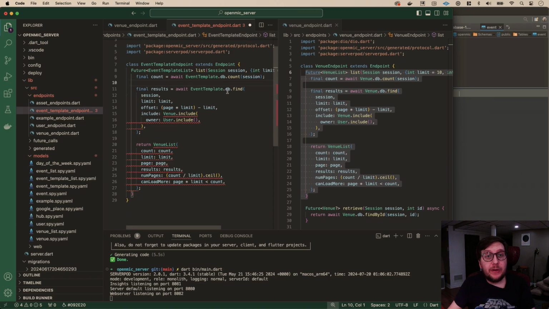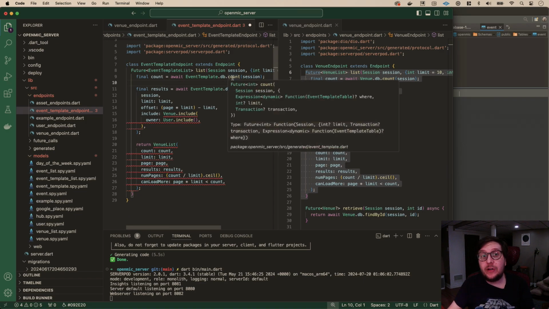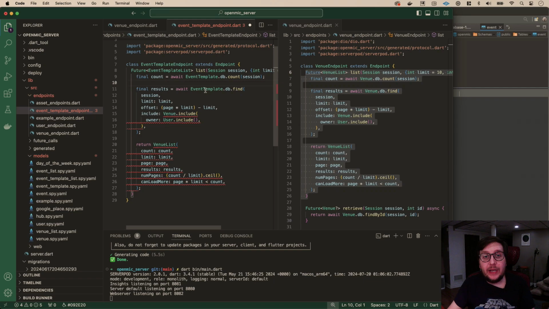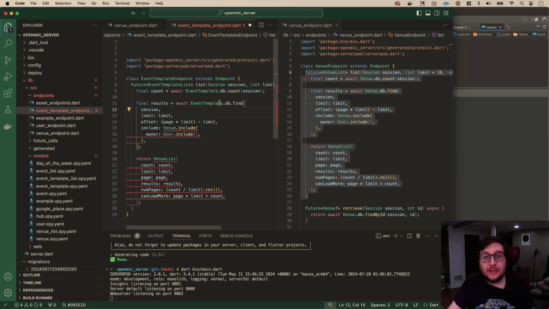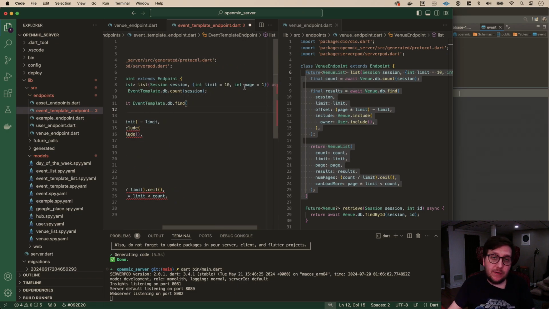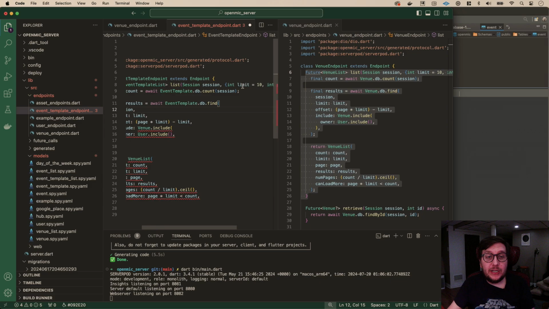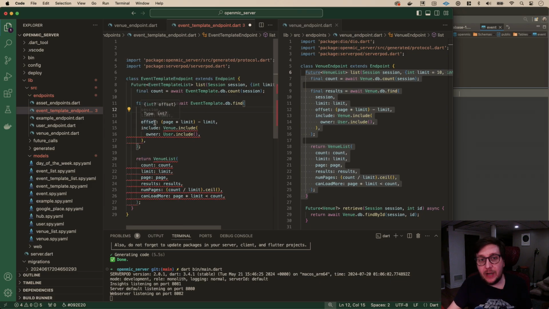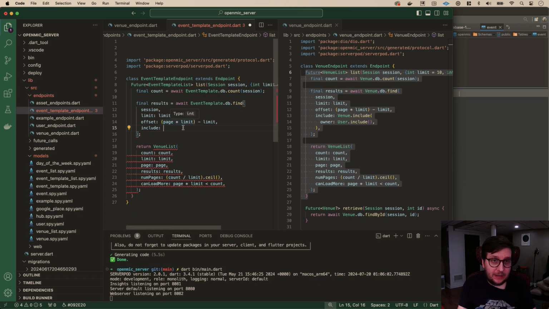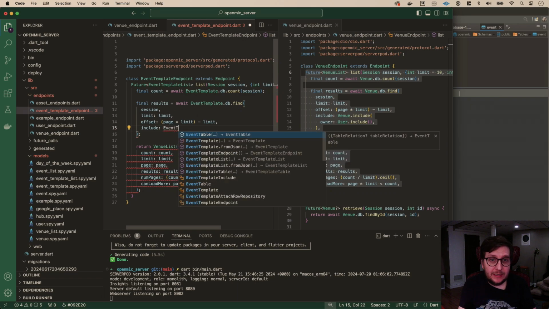Just to review what we're doing, we're getting the count first because we want to know how many there are in total. Then we are going, hey, I want to find all of them, but I want to essentially only use the limit of 10 by default, which can be overridden. And I want specifically page 1 so that we use this to calculate an offset doing this very basic math. We're using include. Essentially, what we actually want to include is our event template